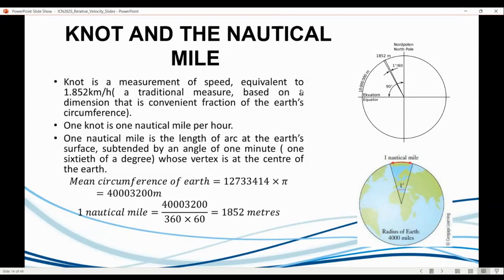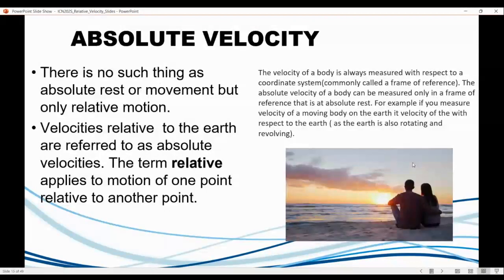and what they say there is that 1 nautical mile is the length of an arc, right? So that arc is that red part there, at the Earth's surface subtended by the angle of 1 minute. It's not really important to remember, but just important to note that 1 knot is equal to 1.852 kilometers per hour, and 1 nautical mile is essentially equal to 1,852 meters. So maybe if you get a question, you can obviously just play around with those things. Okay, so